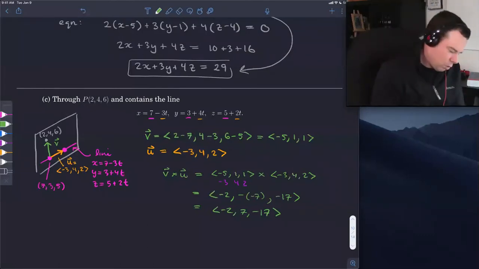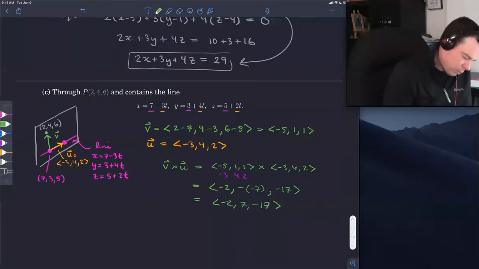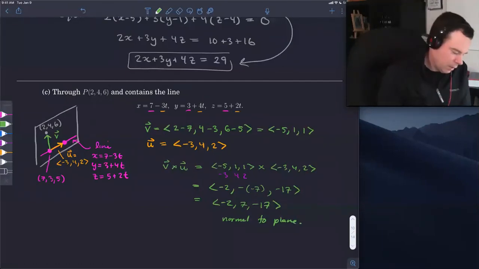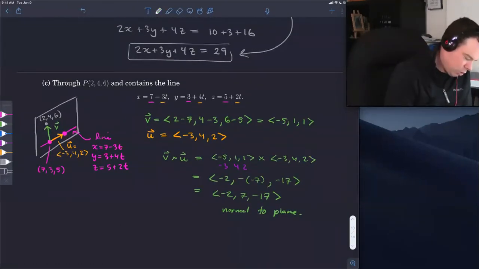And so there's our cross product. That's our normal to the plane. So this is normal to the plane. And we have a point on the plane, 2, 4, 6. So now we're in good shape. Now we can get the equation of the plane. And the equation of the plane is going to be